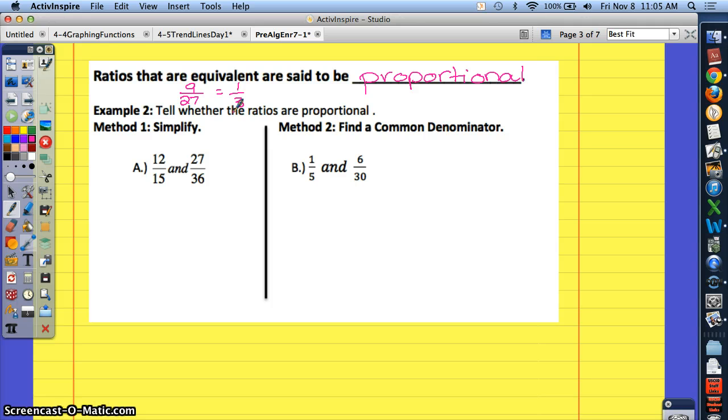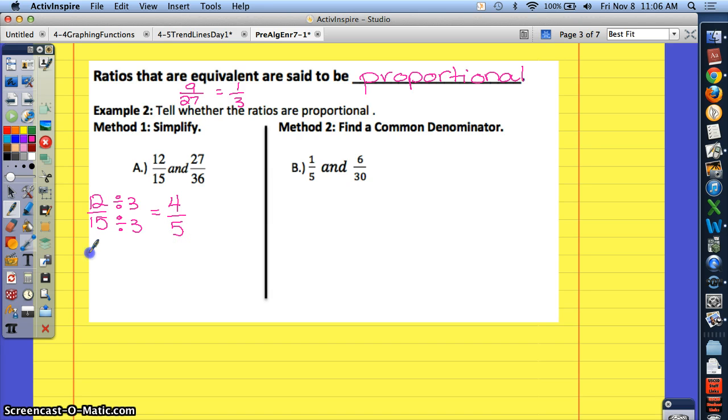That's all it is. Well, to tell whether two ratios are proportional, you have two options, okay? You could either simplify both the fractions down and see if they get down to the same simplified fraction, or you could find a common denominator, get the fractions to have the same denominator, and then see if the fractions match. So let's try both of these. I'm going to do the first problem using the simplified method. Do it with me. So 12/15, what can we simplify that fraction down to? Well, we can take out a 3 from both the numerator and the denominator, and that's going to leave me with